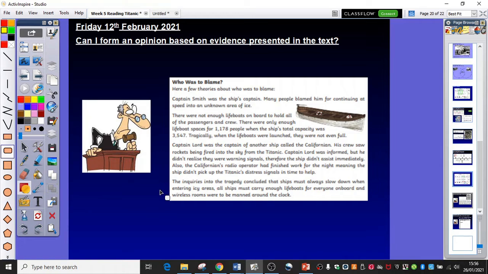The inquiries into the tragedy concluded that ships must always slow down when entering icy areas. All ships must carry enough lifeboats for everyone on board, and wireless rooms, so radio rooms, were to be manned